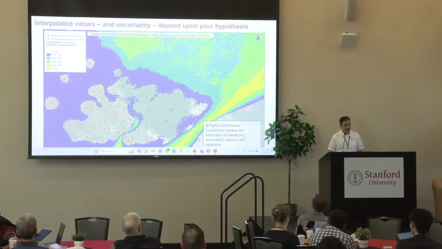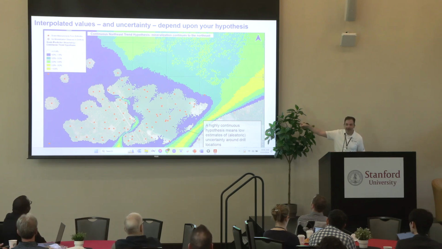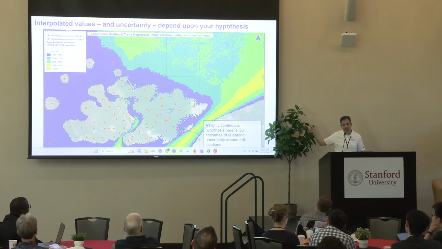And so these are the kinds of things that we end up with at Mingomba. This is Mingomba. The little red dots are where all of our drilling is. And this is the uncertainty coming from one of those sets of hypotheses. This is just the uncertainty in the copper grade. We have the same thing for density and copper oxides and everything else. So this is one hypothesis, though.